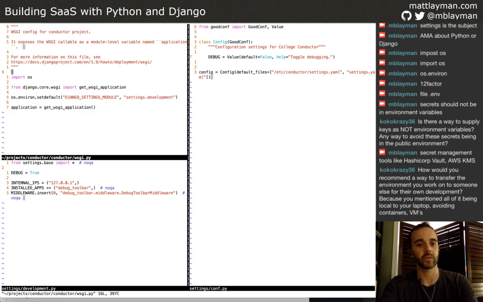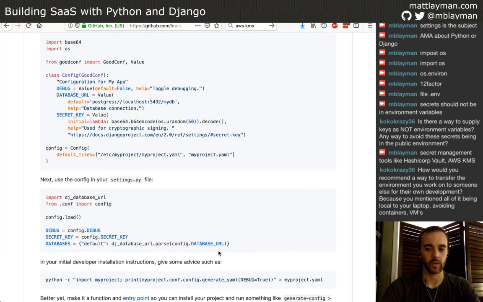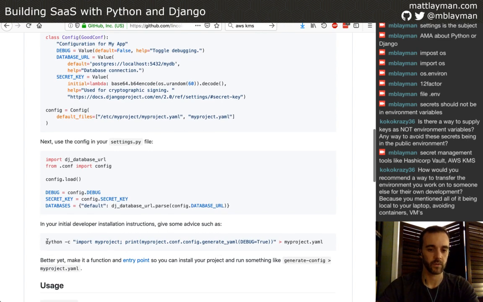Okay, so here's the secret that was missing of how my Honcho tool was actually getting the development settings. It's getting it from the stuff that was set as the default here, because I didn't specify it anywhere. So that's pulling from down here to get the true value. As I mentioned in the docs here, one thing that we can do is run this line to dump out the configuration,